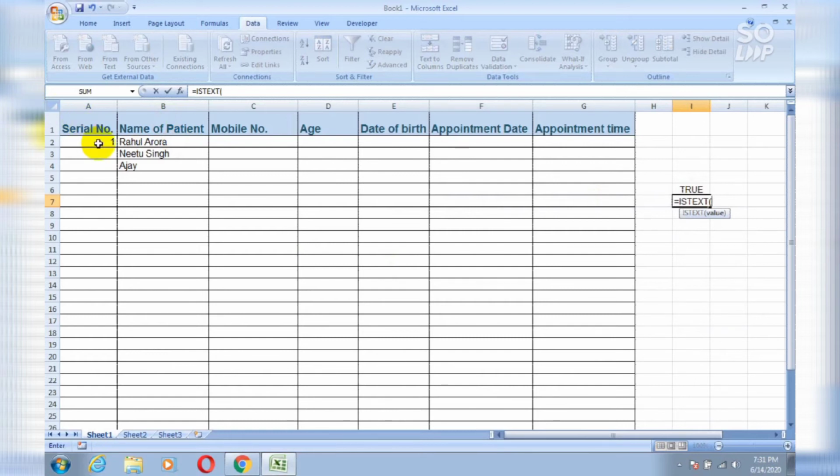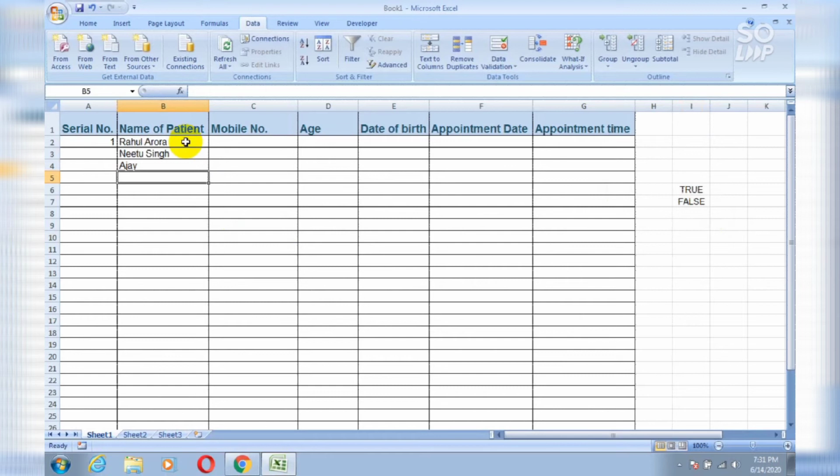So that is why we used the ISTEXT formula in the data validation tab. So this is how you can type any kind of text in your column, in your rows, whatever you want.